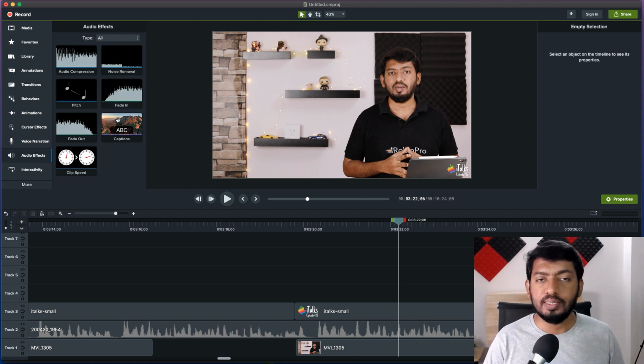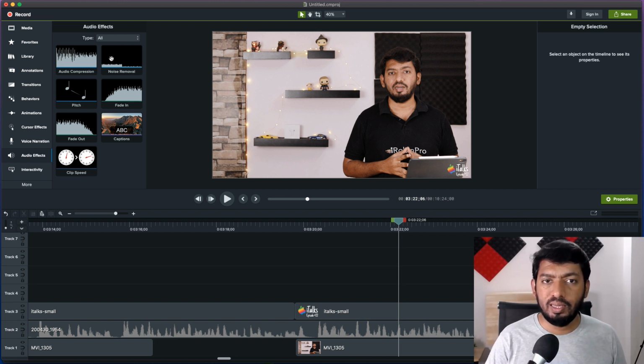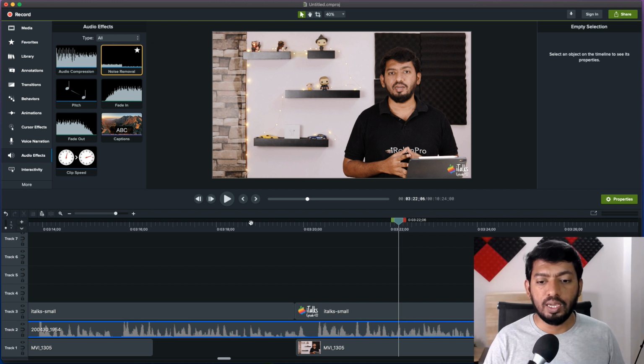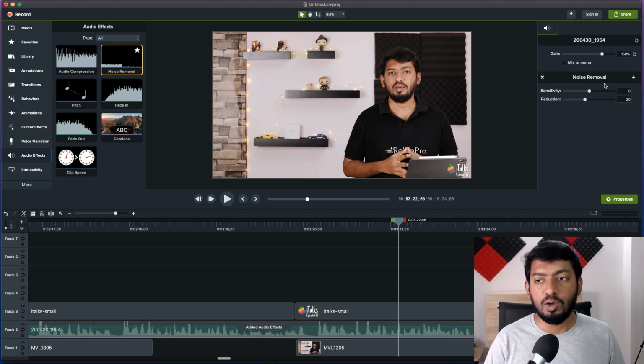And the audio effects, they are the same, of course, compared to the previous version, a little bit fine tuned, I believe, and the audio compression is very useful if you're recording on different mic sources, audio sources, and if you want to remove certain noise level, you can drag and drop it on that particular audio clip. And on the right side, you will see the properties of that particular setting for that audio file. Whatever filter that you have applied, you can control that here.